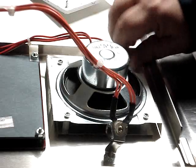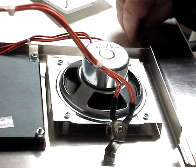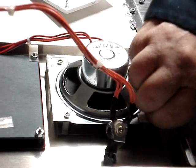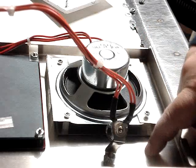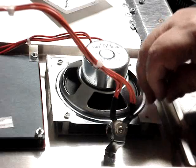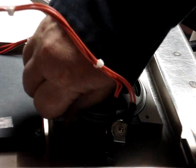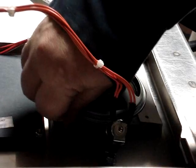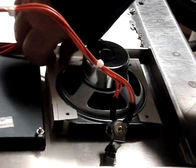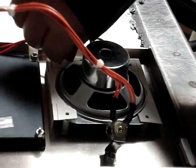So let's go ahead and take this back off, and I'll show you in reverse how it goes. Of course, before, the speaker is held in with studs that are welded to the panel, and they're not long enough to do anything with other than the way they had them stock mounted. So get this last screw out. So now we'll have screws that's going to hold the speaker in,